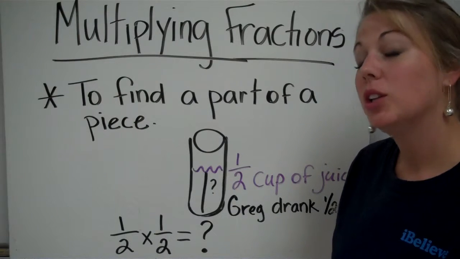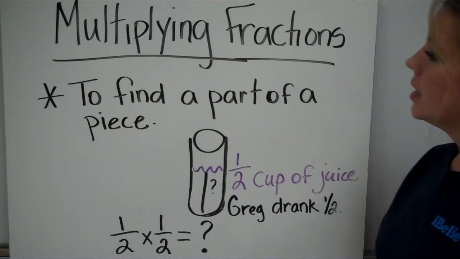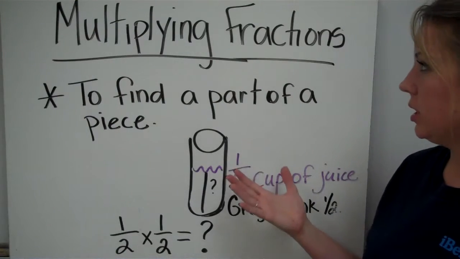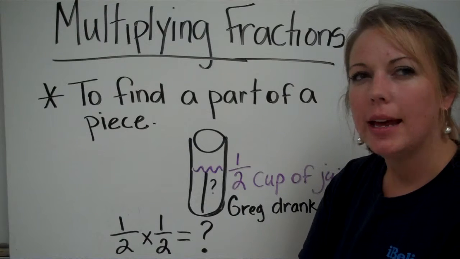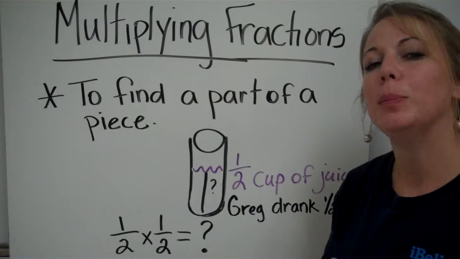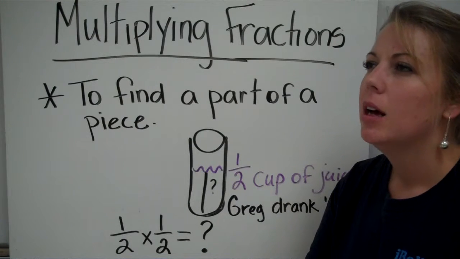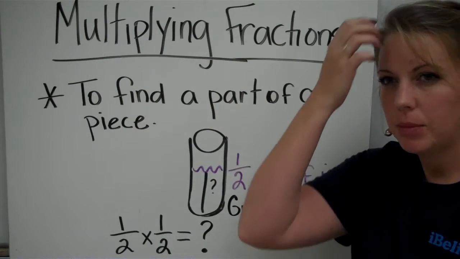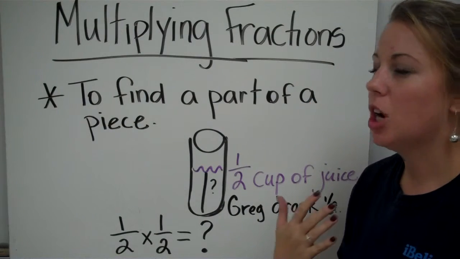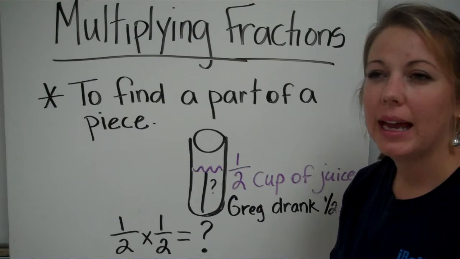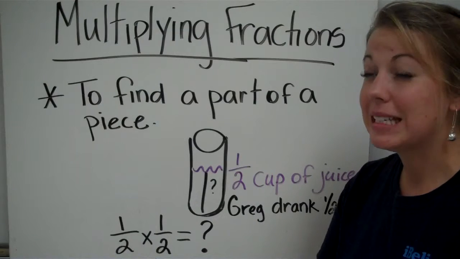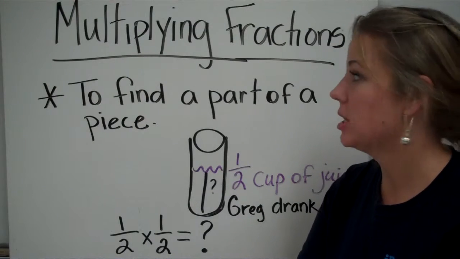We're going to continue to talk a little bit more about multiplying fractions, and I wanted to discuss when you would use multiplying fractions. The main time you would use multiplying fractions is to find a part of a piece. What I mean by that is if you already have a piece of something, you don't have a whole, for example, you don't have a whole cup of juice, and then you only drink a part of that juice,